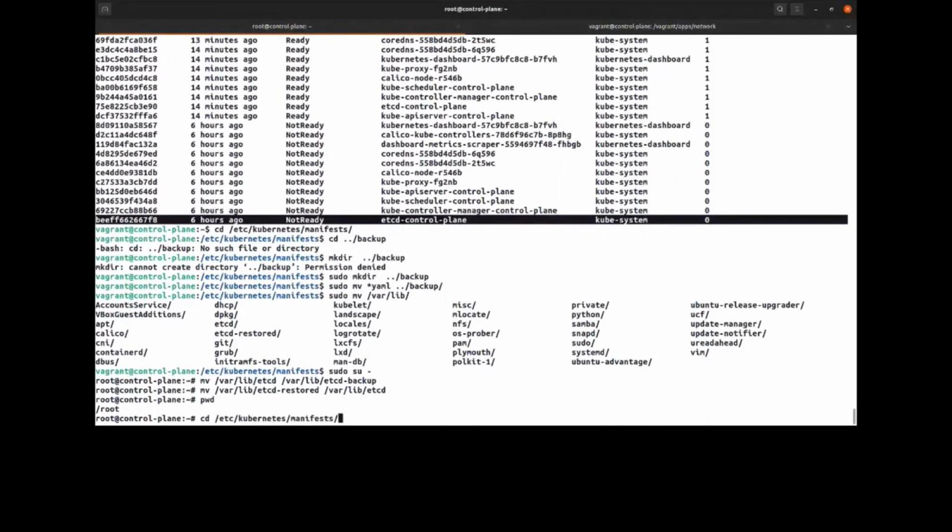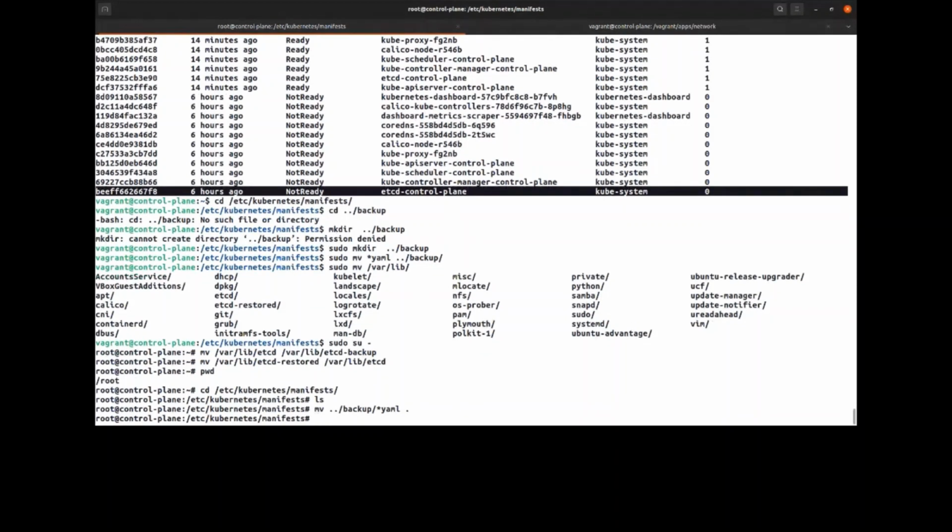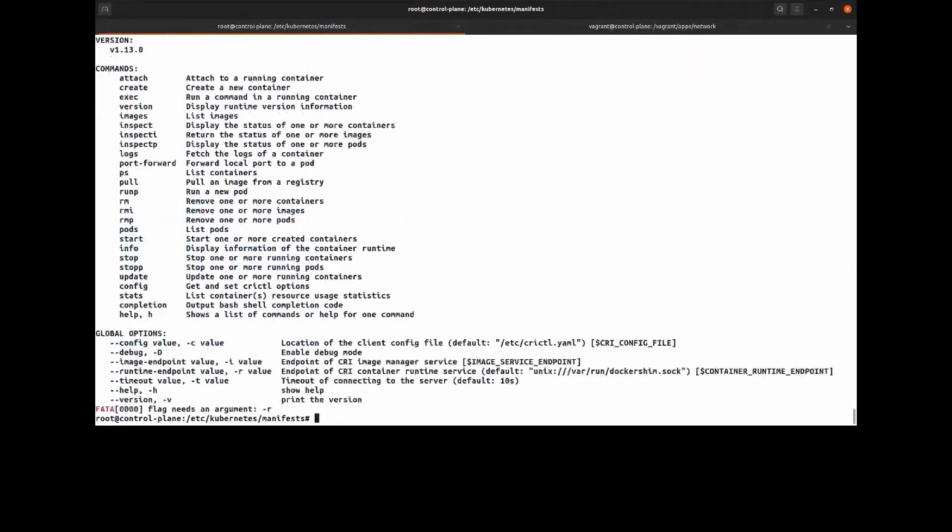Okay, I go back to the manifest. It's the Kubernetes manifest, and there is nothing. Okay, so what do I need to do? I need to get the manifest back. Move the backup yaml files to here. Okay, crictl -R.